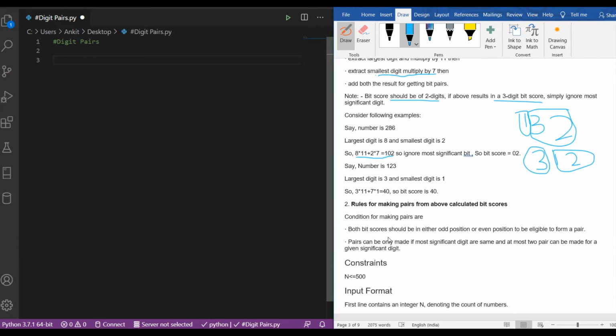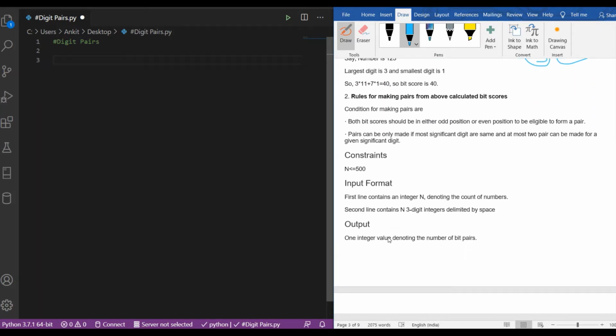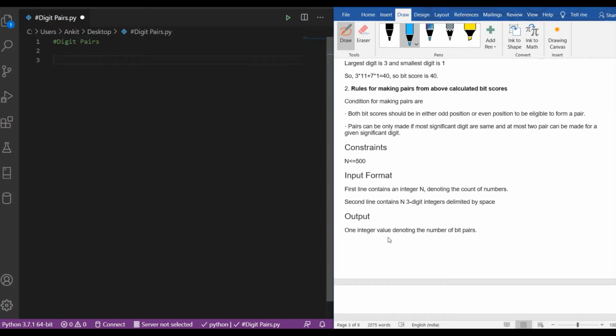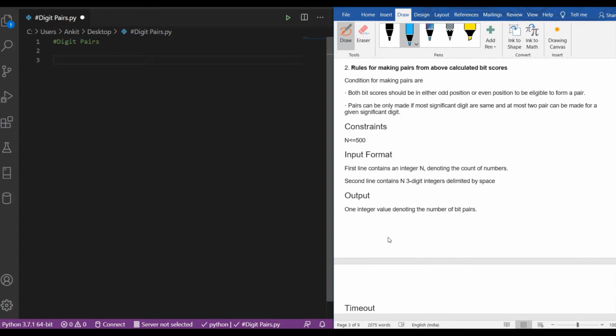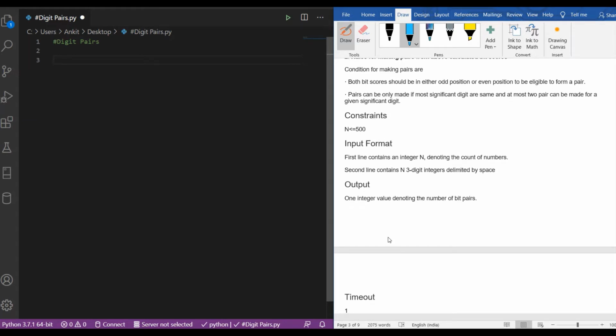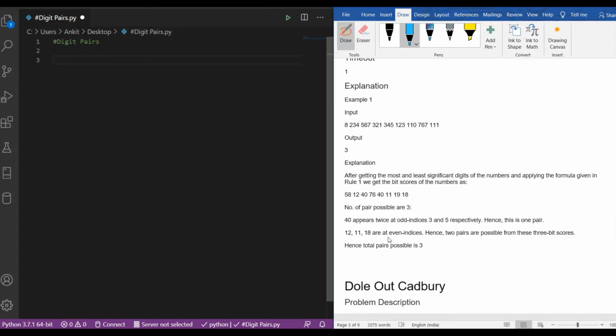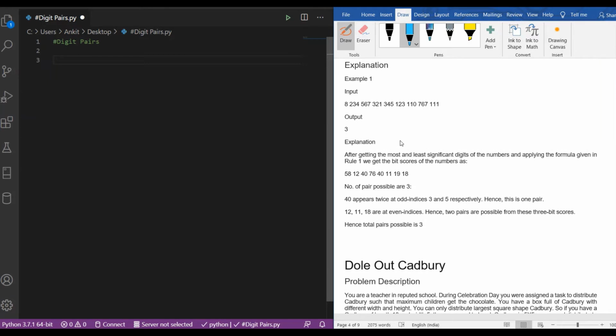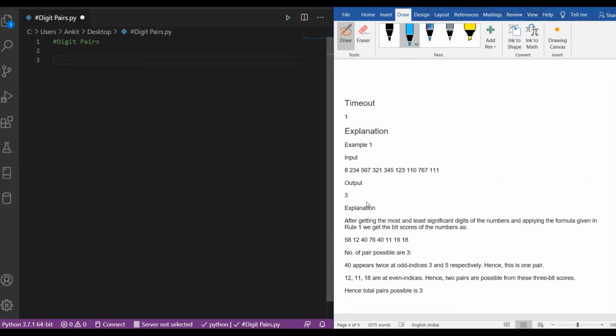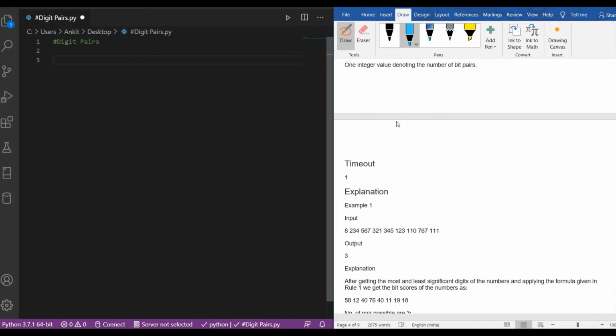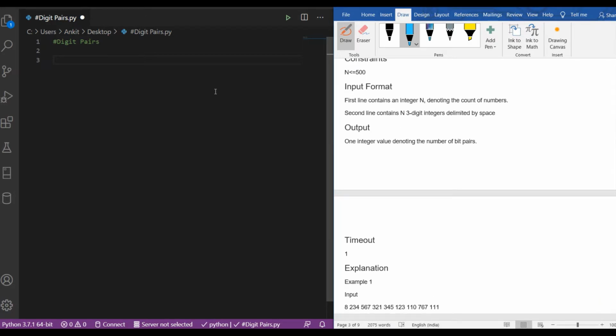So first of all, we calculate the bit score. Then after that, we will check the condition for making pairs from the calculated bit scores. For that, we need to take an input.